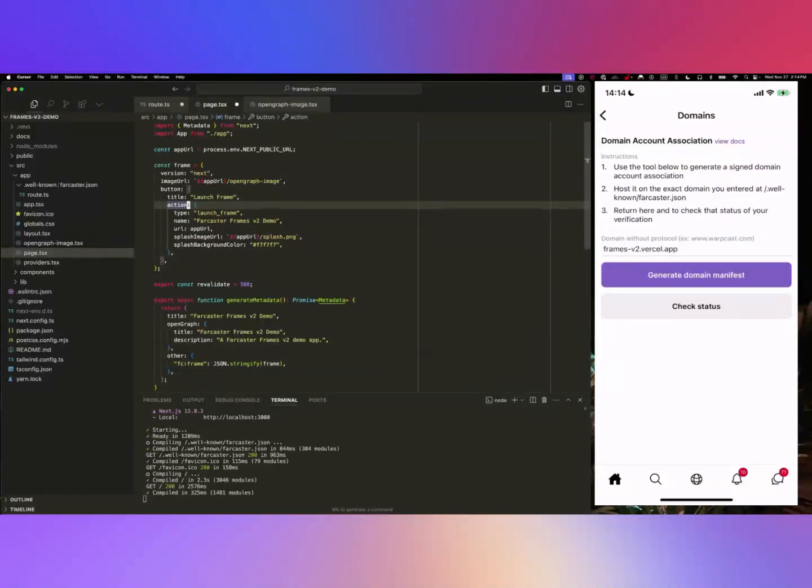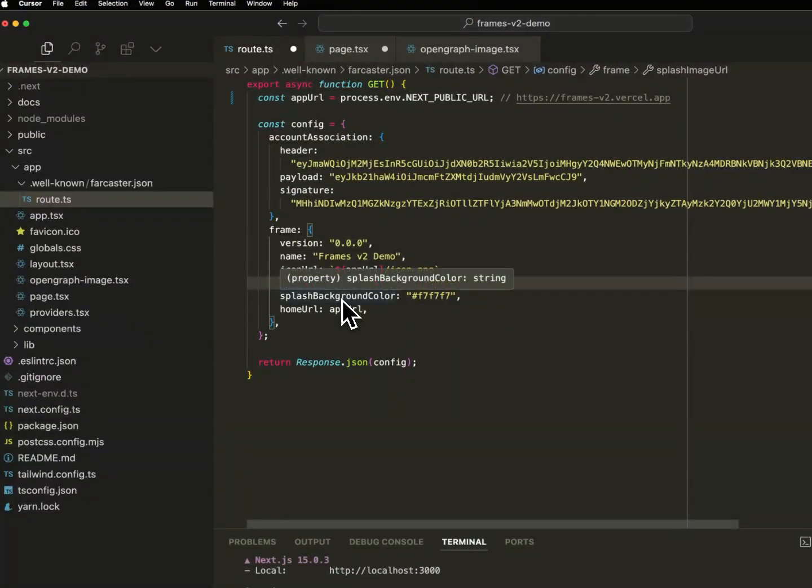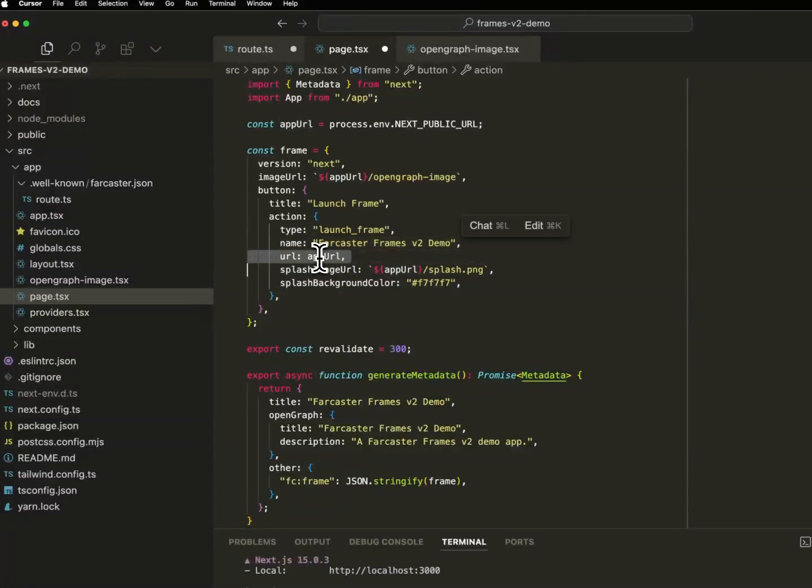We also have just a single type of action right now, so we anticipate adding some of the actions from frames v1 in the future, so you can have post actions and those similar things. Right now, in this simple dev preview of frames v2, we're really focused on the embedded app use case, so the only action you can do right now is launch frame. And you'll see similar attributes to some of those that we have in the global frame metadata, icon, splash image, splash backgrounds. So this will be the URL to load for your frame, the splash image to show for your frame, and